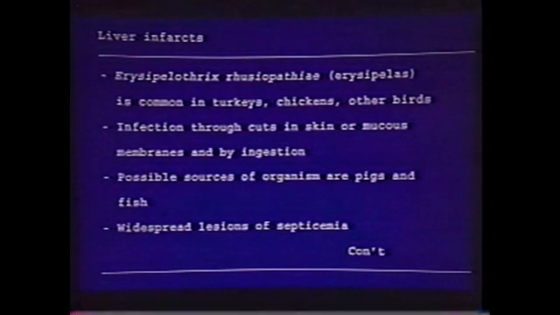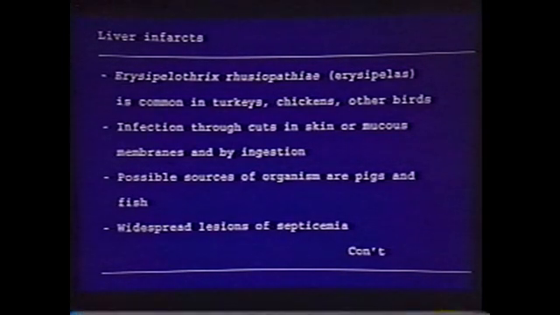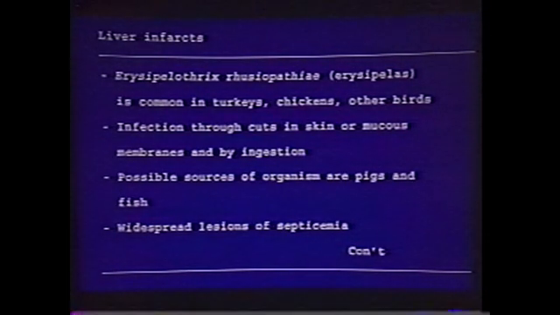Commonly we hear about a fish pond on a farm, or pigs used to be raised on the farm, and that's where the same organism can be transmitted from pigs to turkeys. The organism can also live on the mucus slime of fish. So if people taking care of the fish, feeding them and cleaning them and so forth, at the same time take care of the birds, they can act as a way of transmission of the organism between the two species. In addition to the liver infarcts, we will see lesions of septicemia in the body,